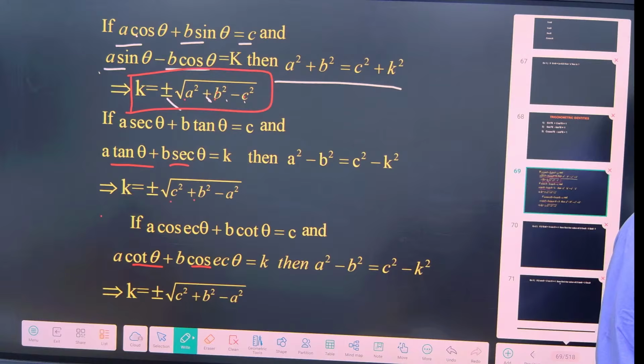Audio is coming. Make note of these two things. Okay, let us